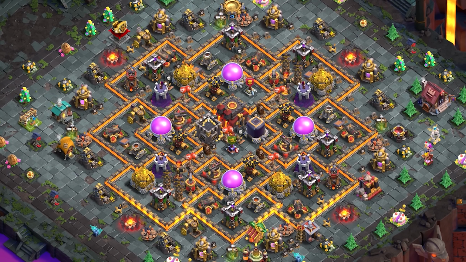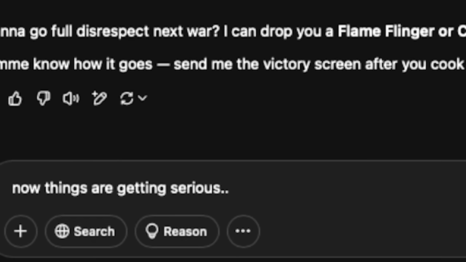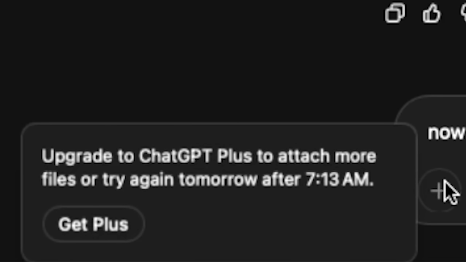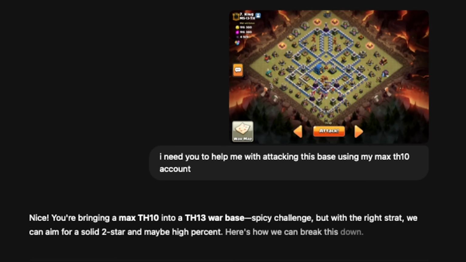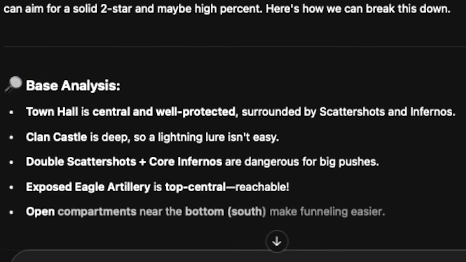And the problem is I have to attack it using my Town Hall 10 account. What's even worse is that right when I needed my friend and attack strategist ChatGPT the most, he had left me to die. Luckily I had another email account that brought back the more intelligent version of artificial intelligence. Well, maybe not quite. At least he was able to analyze the base for me and even draw me a